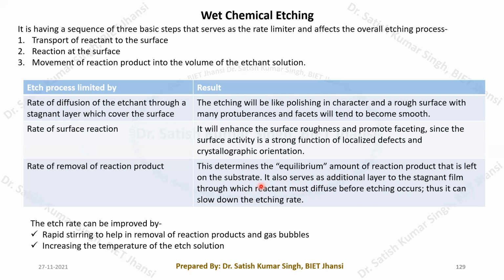And therefore it is going to decide the etching rate, because at that time the agent may not be able to reach the surface, and thereby it is the limiting factor which decides the etching rate. Here is one point that we have to notice: the etching may be limited by all these three factors, but if you want to improve the etching, it has been found that if we continuously stir the solution, then whatever byproducts have formed over the surface of our wafers can be removed easily.